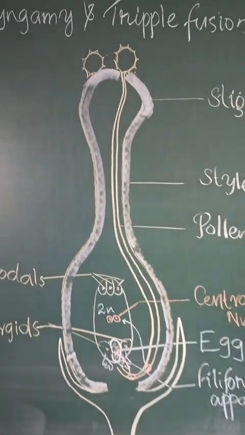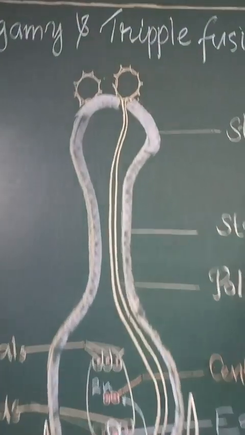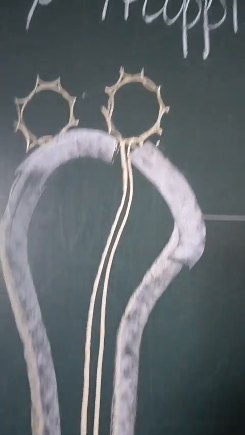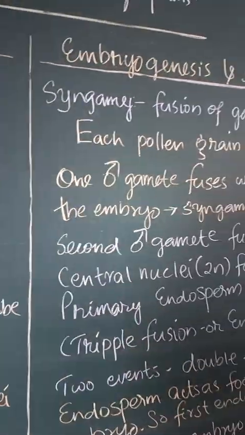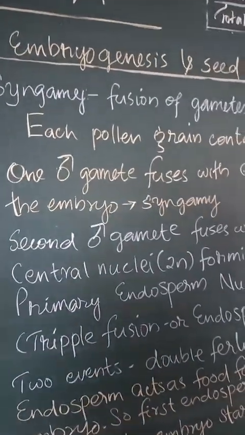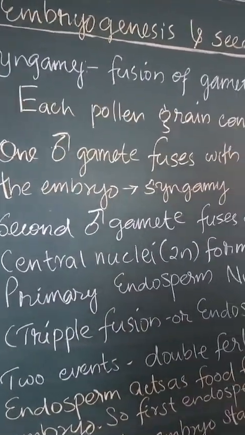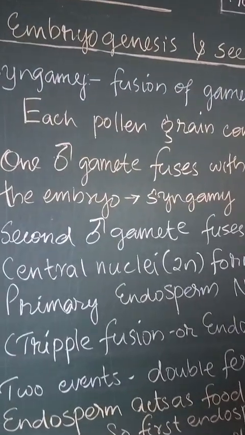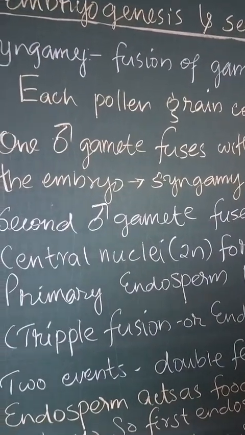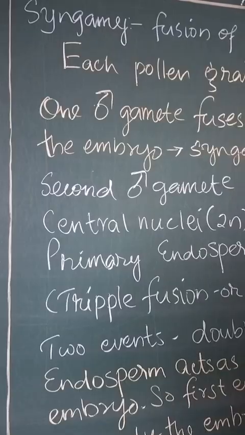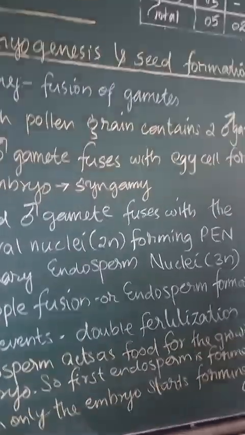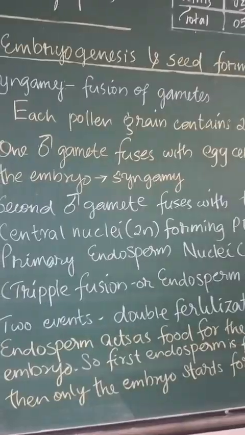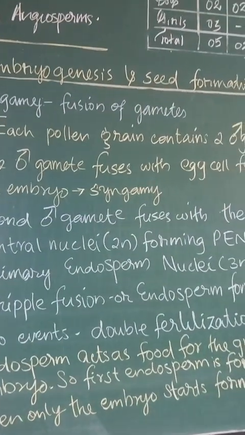So why is it called a double fertilization? Because each pollen grain will start germinating to release two male gametes. One of the male gametes will fuse with the egg cell to form the zygote. That's why it is called syngamy. And the other one is called triple fusion or endosperm formation, where the second male gamete will fuse with the central nuclei